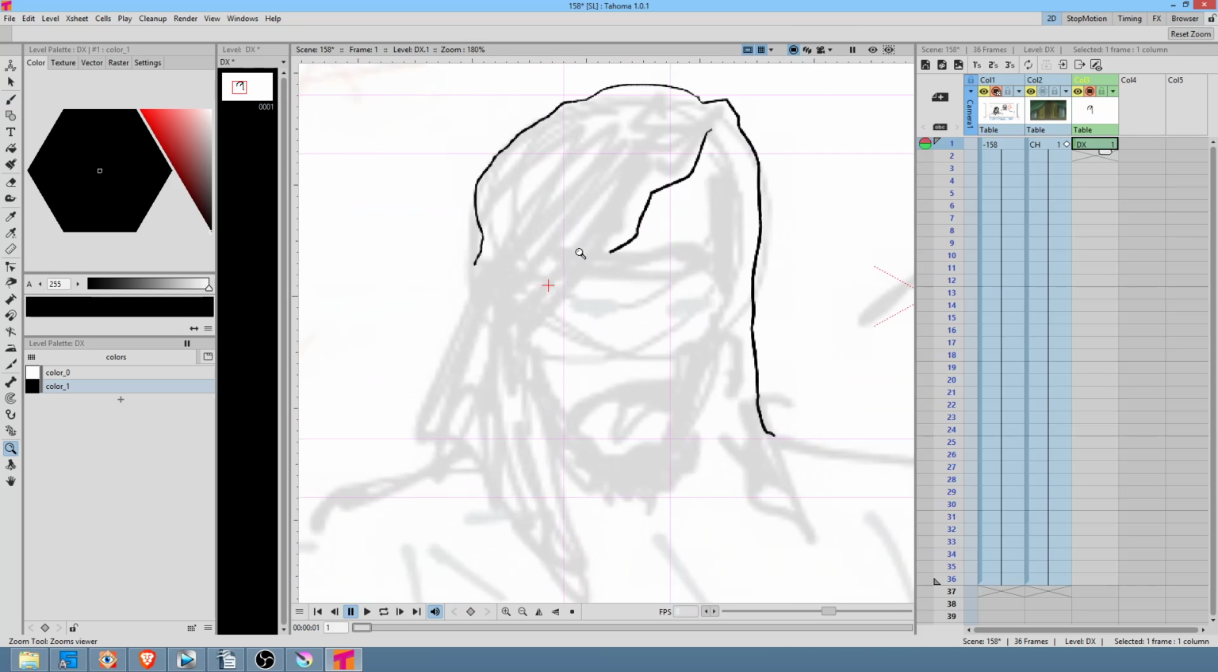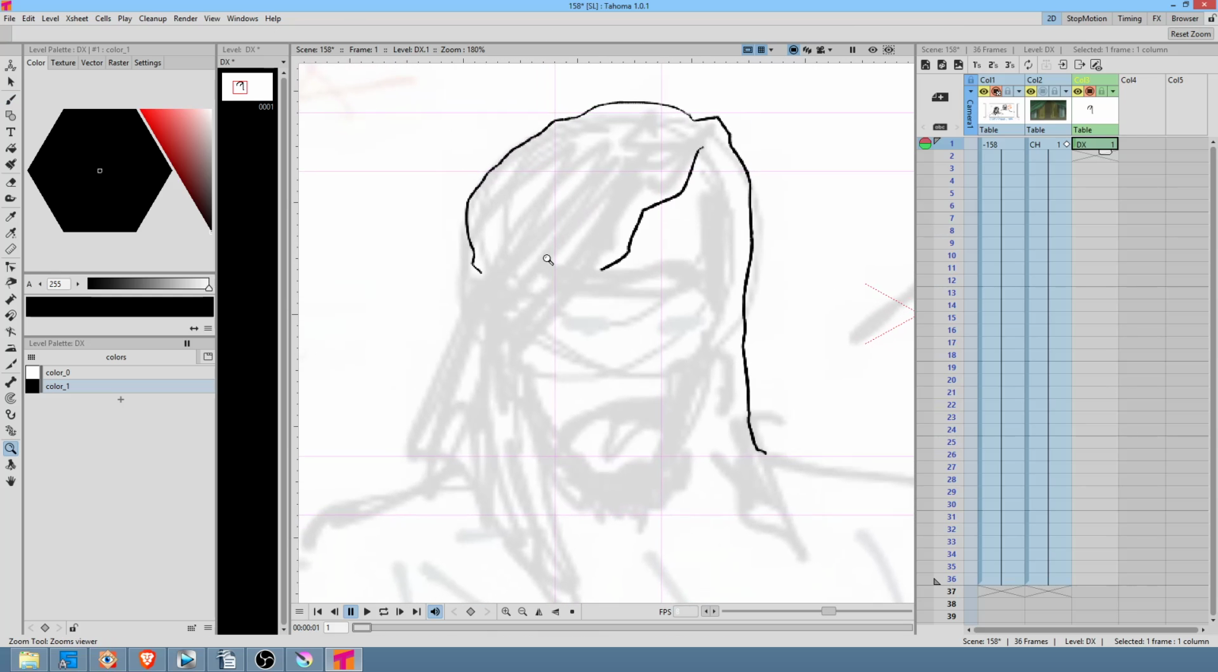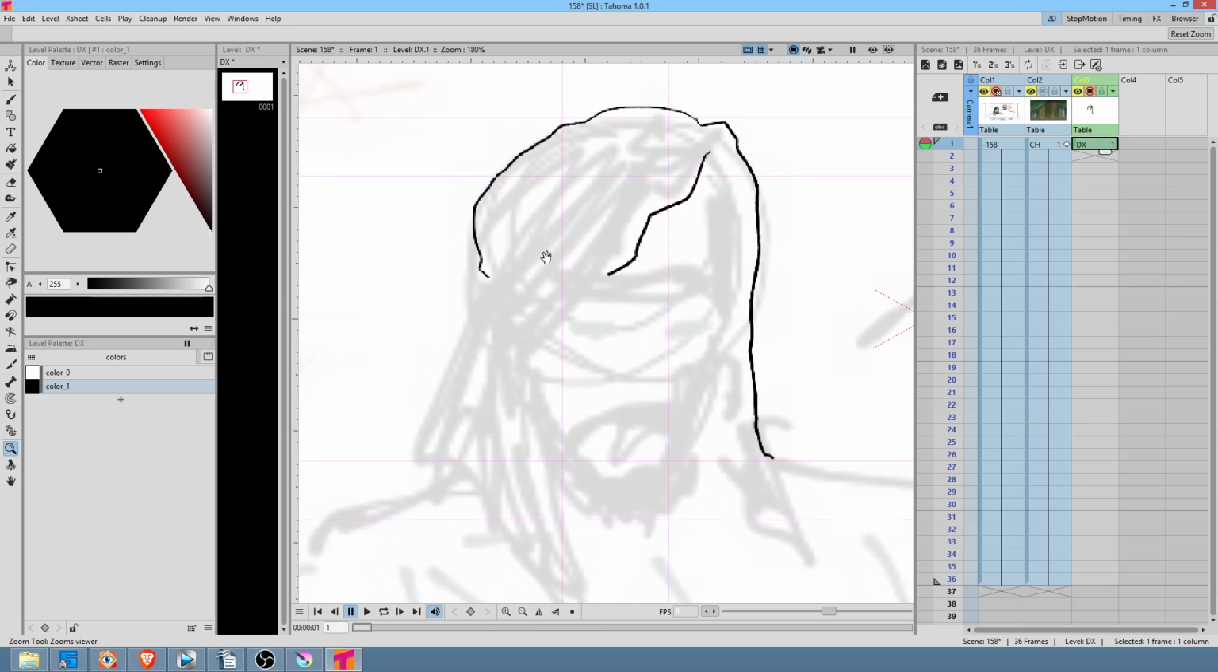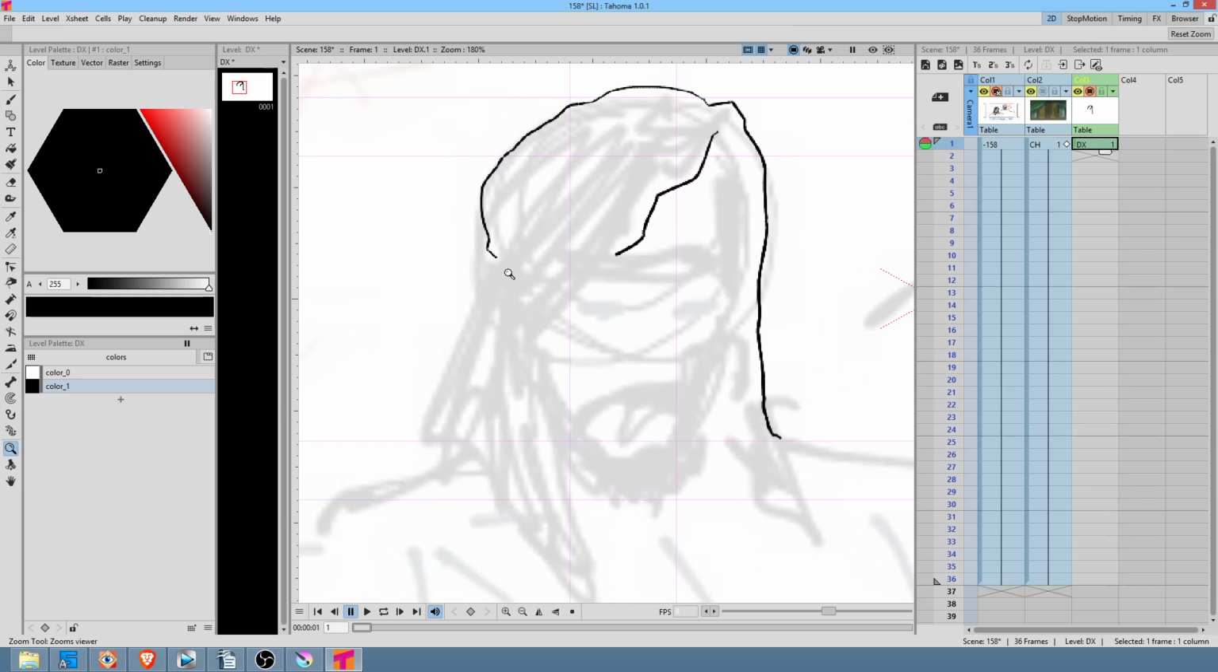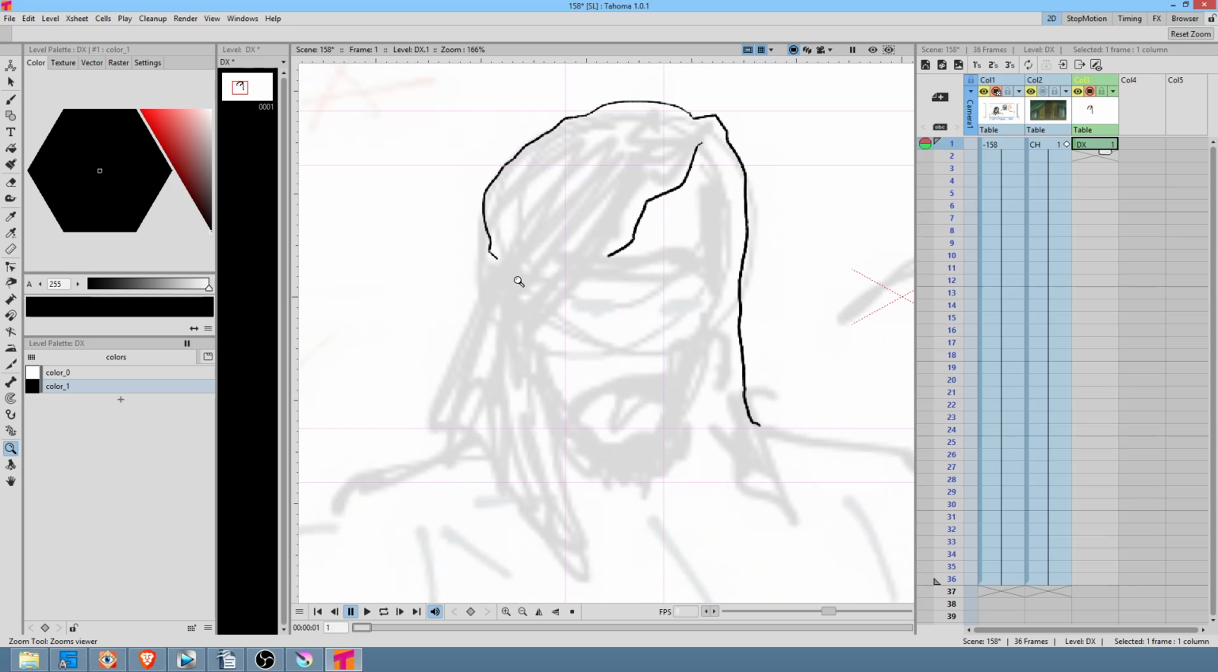There's really only this one bug in Tahoma that bugs me, and that is that in OpenToonz, if you hit the spacebar, you're immediately in zoom mode, whereas with Tahoma, you hit the spacebar and it actually puts you in panning mode, but then if you wiggle it a little bit, then it goes into zoom mode,